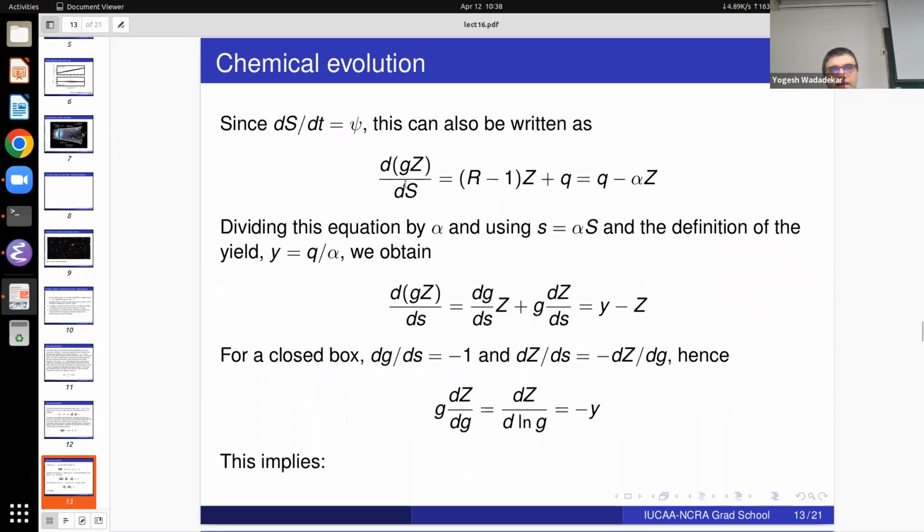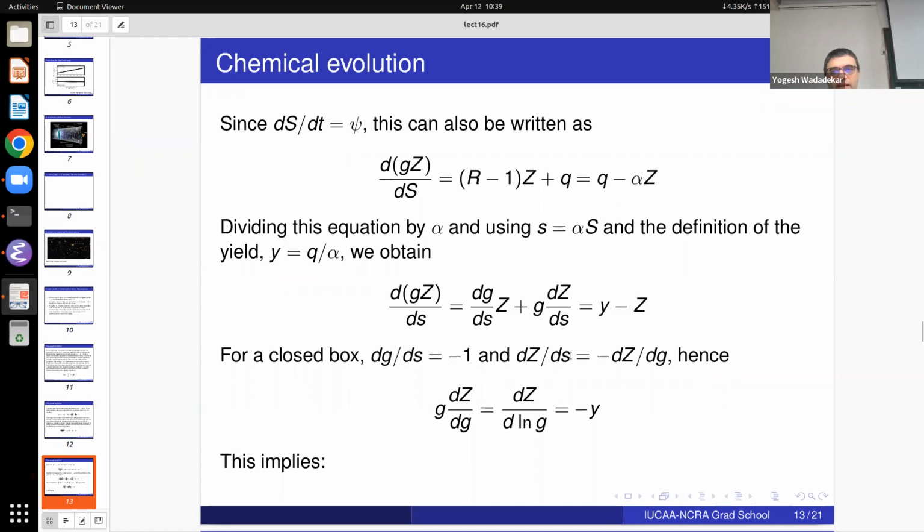So you can write the rate of change of g times z as a function of ds, the total mass in stars, depends on q, is q minus alpha of z. You can divide this equation by alpha, and using the fact that S is alpha times capital S and the definition of the yield that we had earlier, you can write down this differential equation. Okay. Now, once you write down this differential equation for a closed box model, dg by ds is -1,